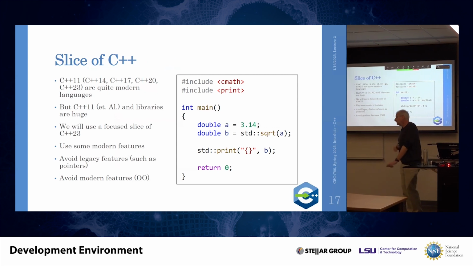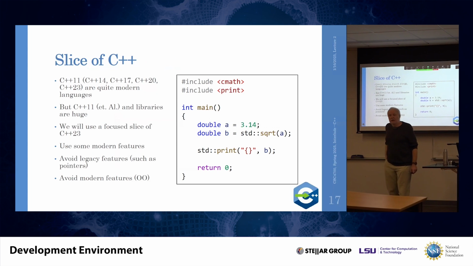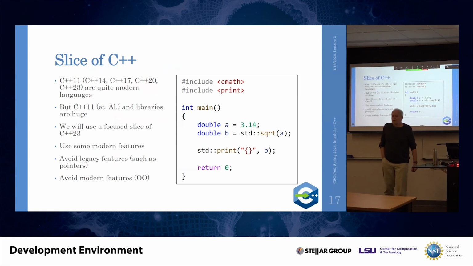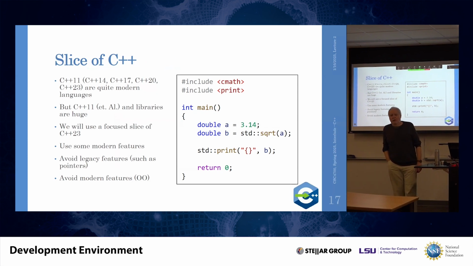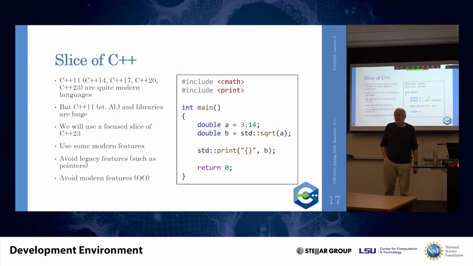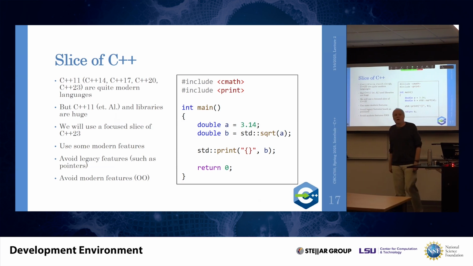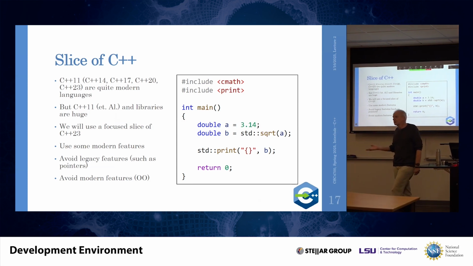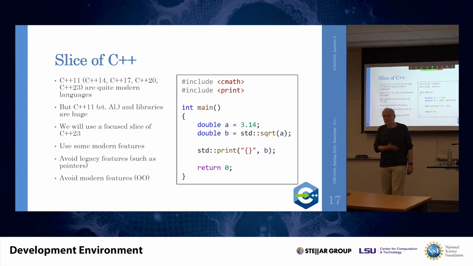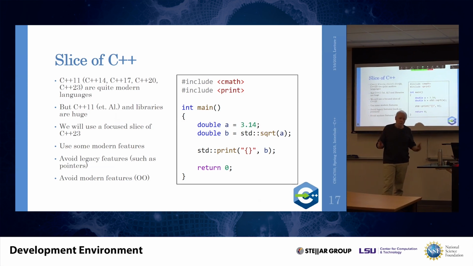Okay, C++ is a giant language. It's an incredibly complicated, large language that has grown over the years, essentially since somewhere in the 1970s. And the interesting thing is that the stuff people have written in C++ in the 1970s, you can still feed to a C++ compiler today, largely.